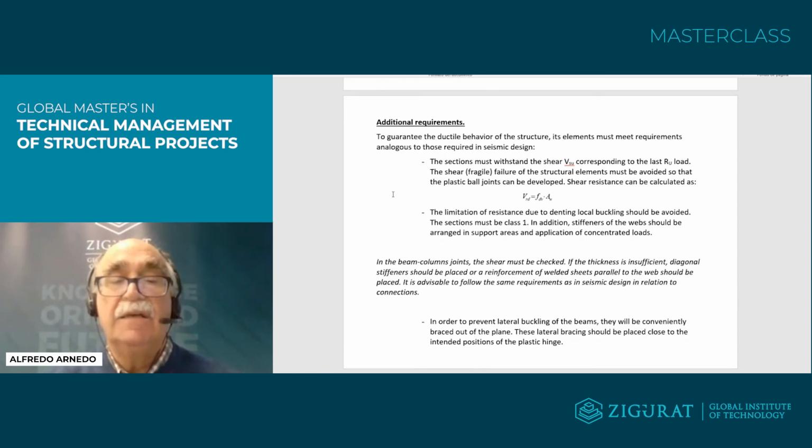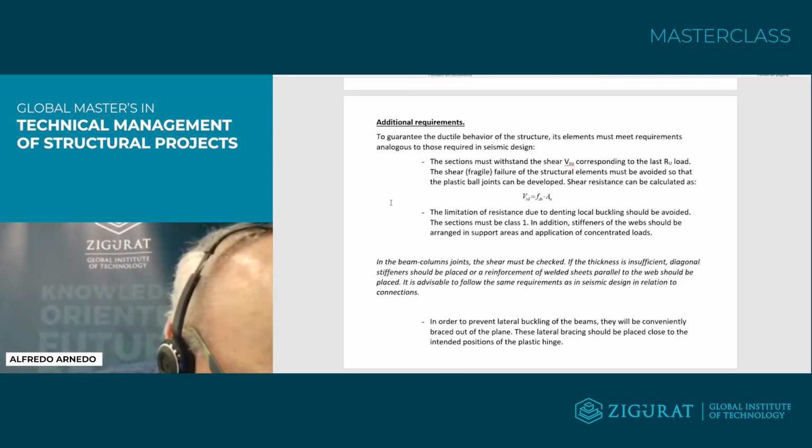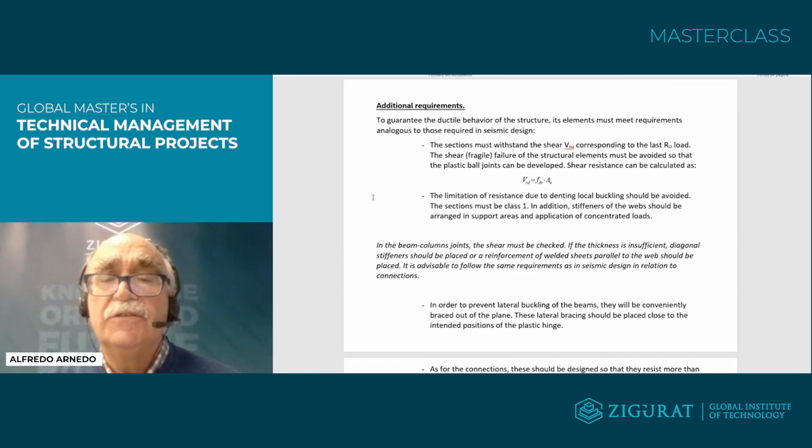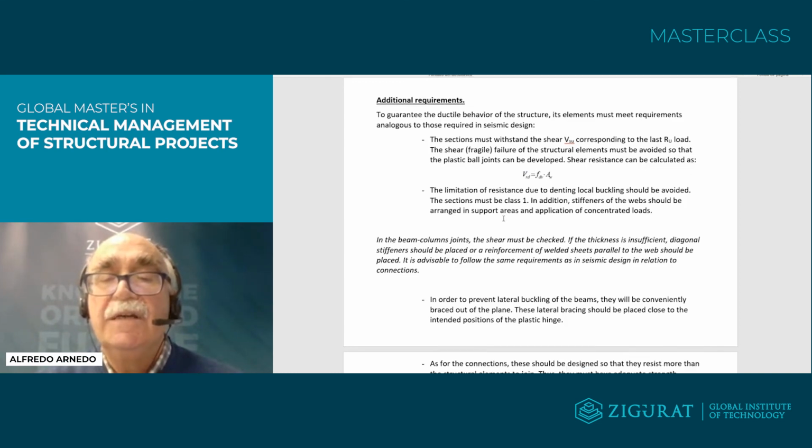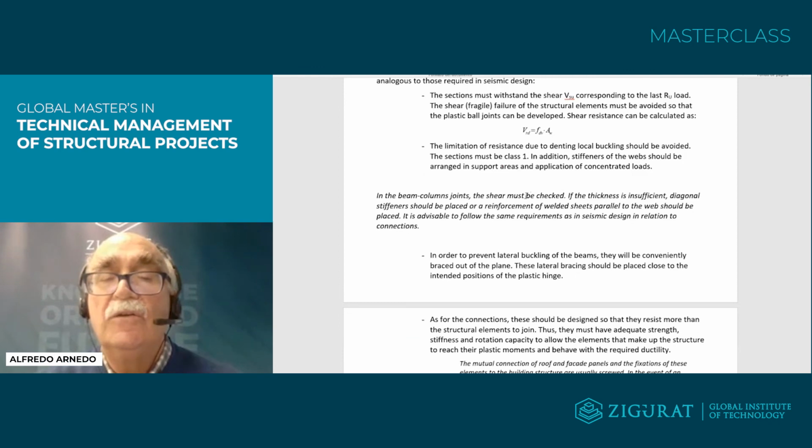As another additional requirement, we have to consider and guarantee that this happens like this, to avoid failure by shear, because remember that failure by shear is brittle. I mean, the development of displacement is lower than by bending. So it is important to take into account accurately this shear capacity, also to avoid local buckling,